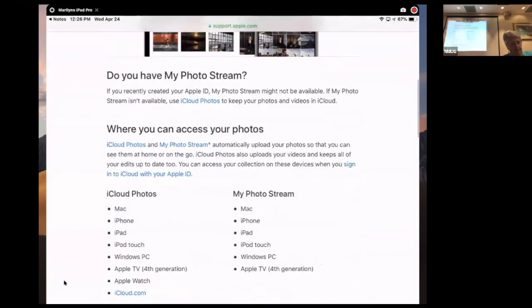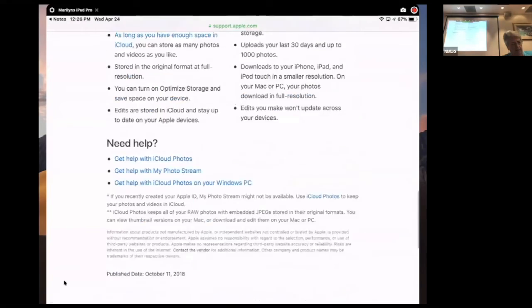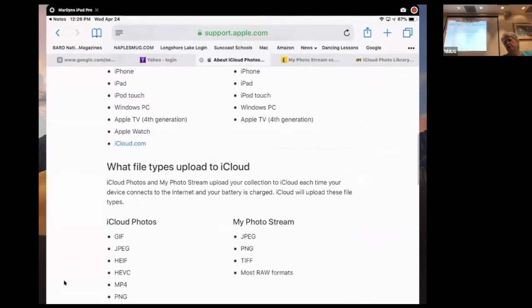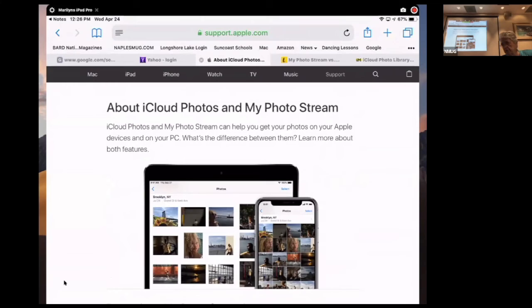This is from Apple, the differences. Now, people say, but I don't want to store my originals in the cloud because I'm afraid if something happens to them, I've lost my originals. Now, what I do